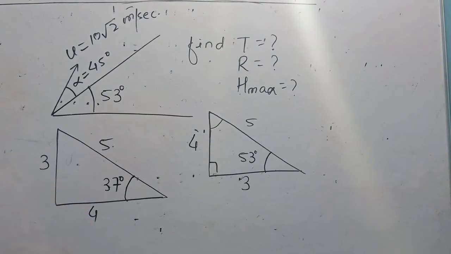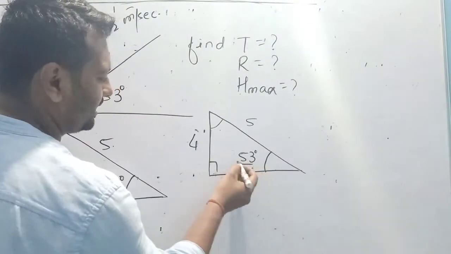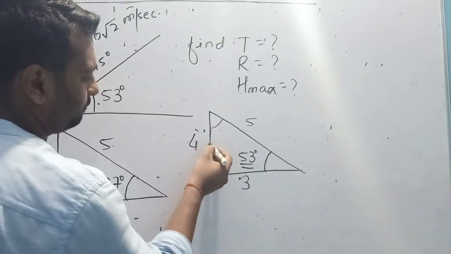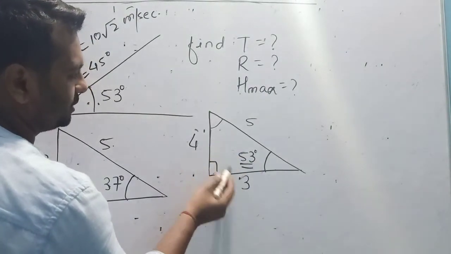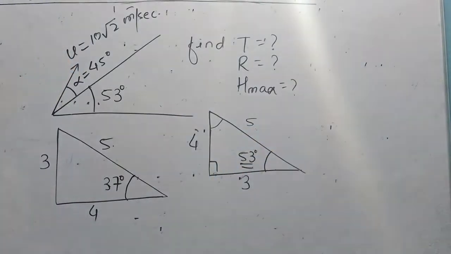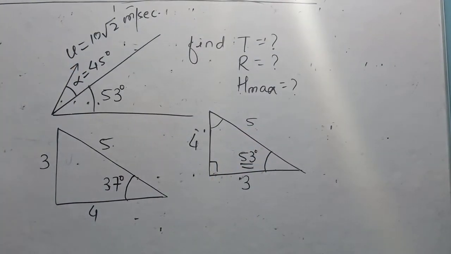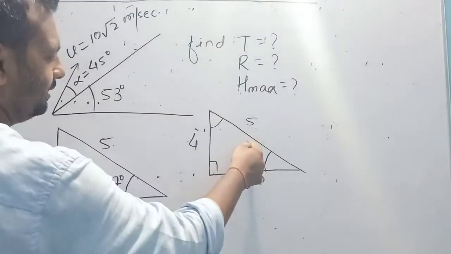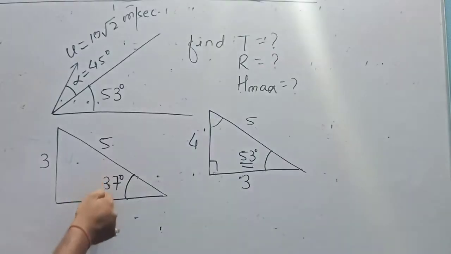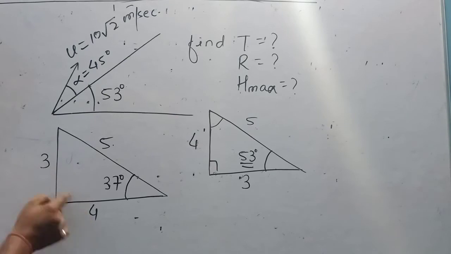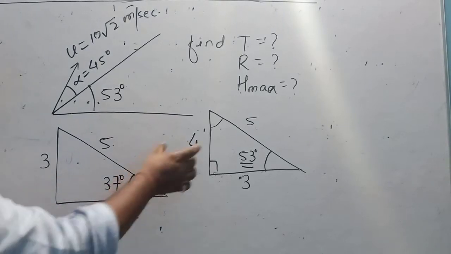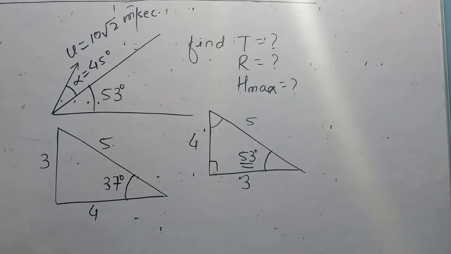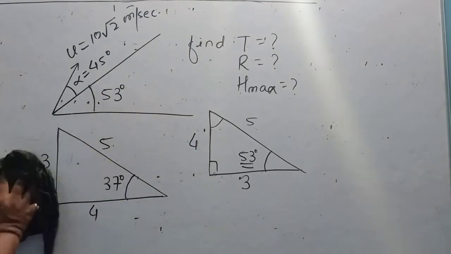Now I think that you can easily solve. You can easily calculate the value of trigonometric functions like sine, cos and tan for these two triangles. Remember these two triangles. 53 is the larger angle, so larger value of side. These two can be interchanged, but the hypotenuse is always fixed. Large angle, large value of side. Small angle, small value of side. Only these two can be interchanged. This is always fixed. Okay. So I am going to discuss here.